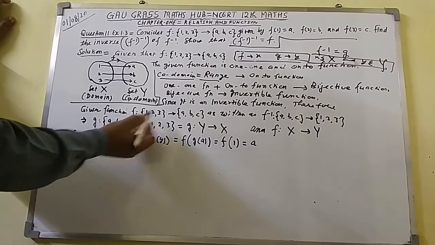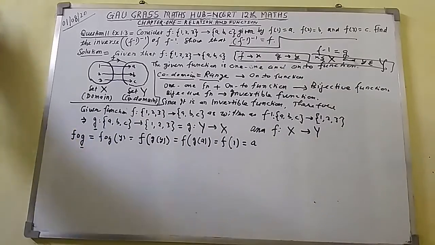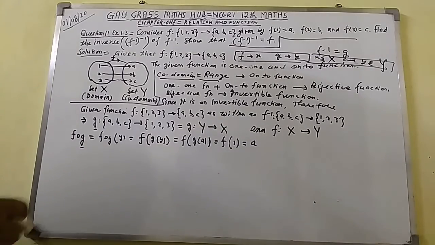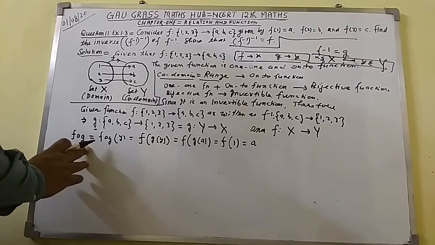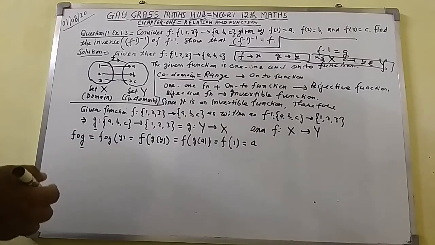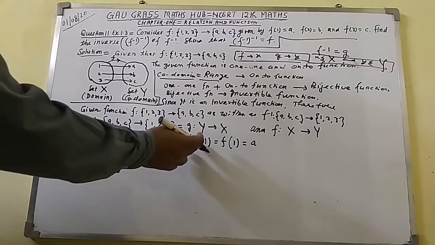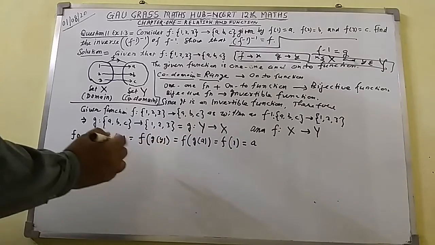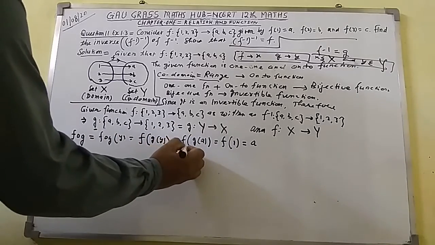F1 equal to A, I have written here. So here you have written F of G, and you have got A. Now like this you have to write here: Y you have to take in here. The G of A, this will turn to... So here you can write again F.